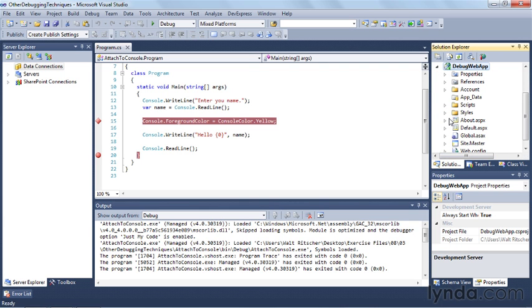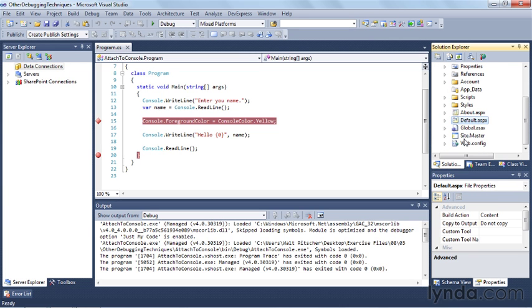So one of the things that you have to do to make an ASP.NET application debuggable is add a line of code to your web.config. By default, Visual Studio does that automatically for you when you create a web project. If it doesn't have a debugging setting, then it'll prompt you and say, would you like to modify the web.config? So I've already done that on this application. So all I should have to do is